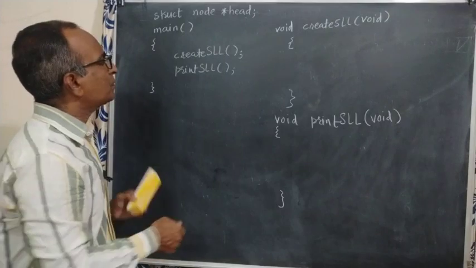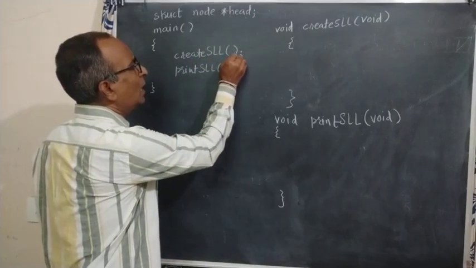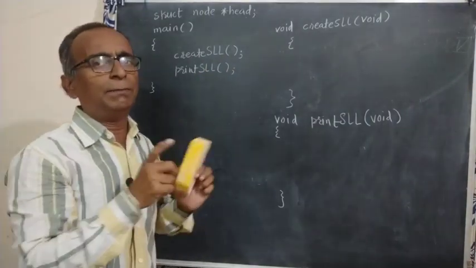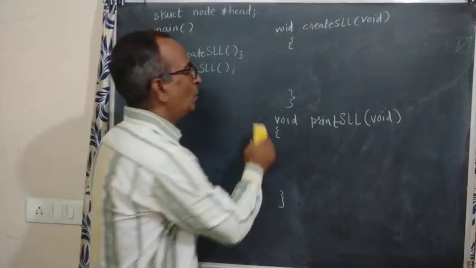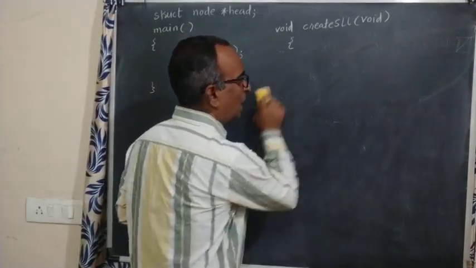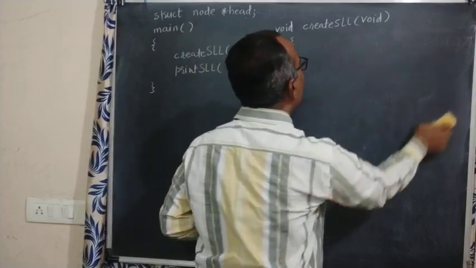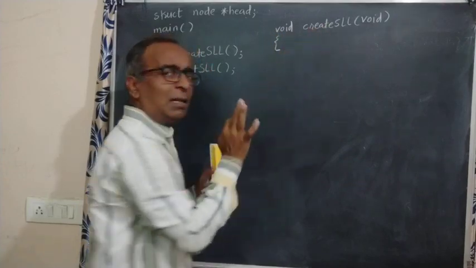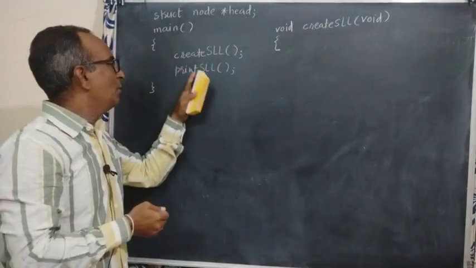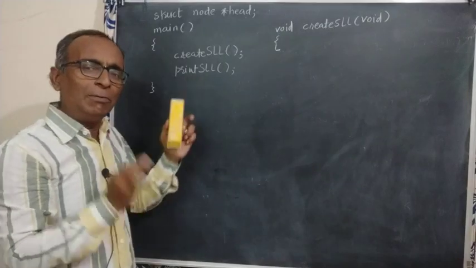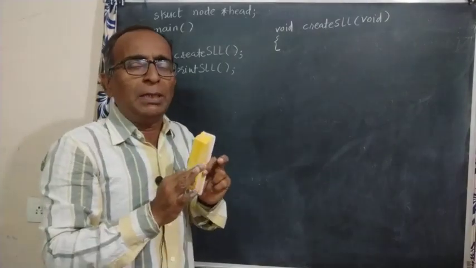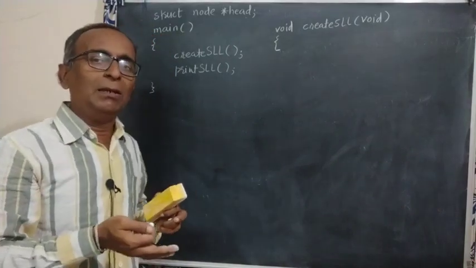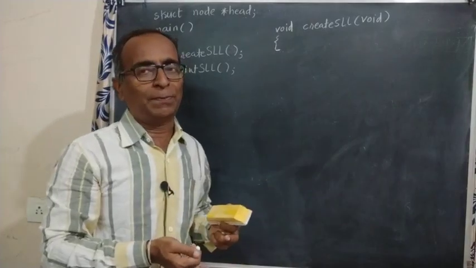Now whenever I say create SLL, I am calling it. First of all we will implement one function, create SLL. By means of functions, you can think of this create SLL problem only here, only create. When we implement print SLL, we will think of only the printing business. So writing programs will be very easy when you implement that with functions, right?